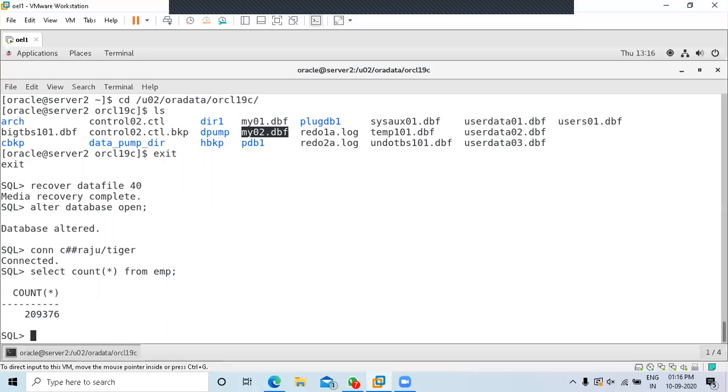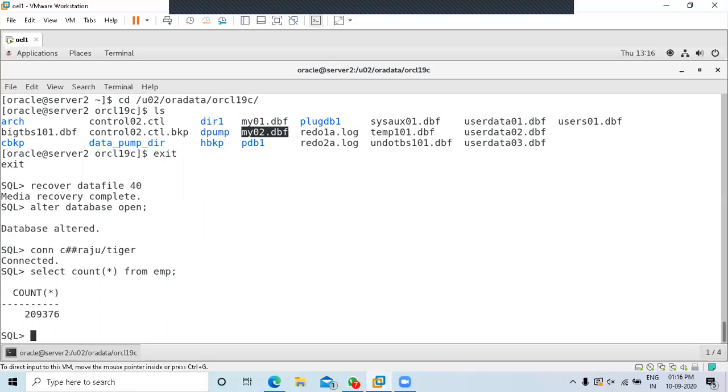So you got zero data loss. You got zero data loss because you have archives and your online redo log files are intact. Since your online redo log files are intact, you will not get data loss because current transactions are sitting in your online redo log files, and those online redo log files got applied during the recovery process. Anyway, I was saying that there is also one more way to perform recovery.